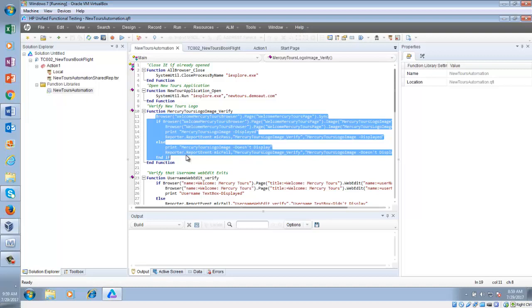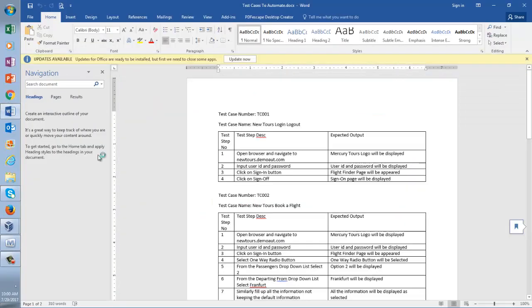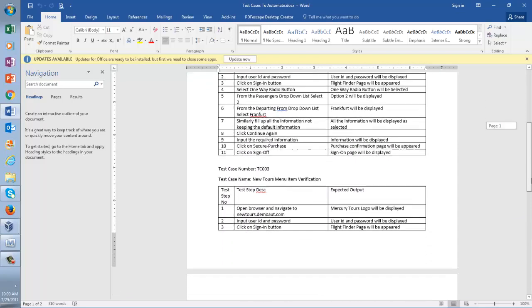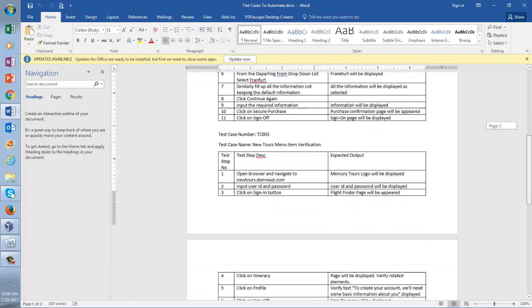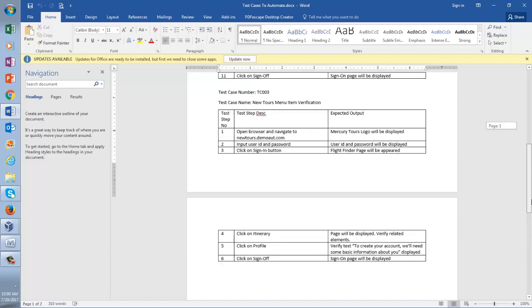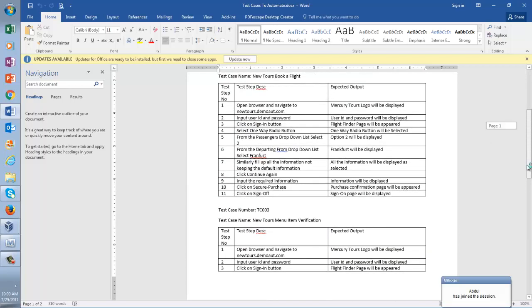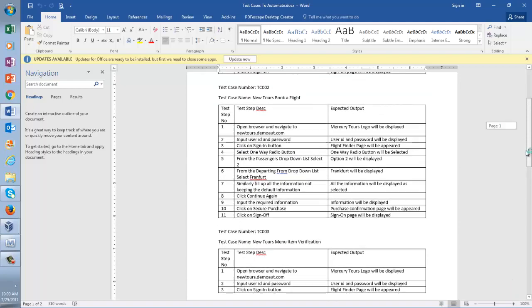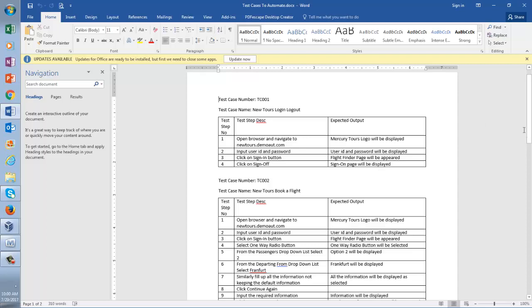Yes. Okay. So now, as you have noticed, we have 3 test cases. One is for login and logout, another one is for booking flight, and another one is for menu item verification. Basically, these 3 test cases have one thing in common.